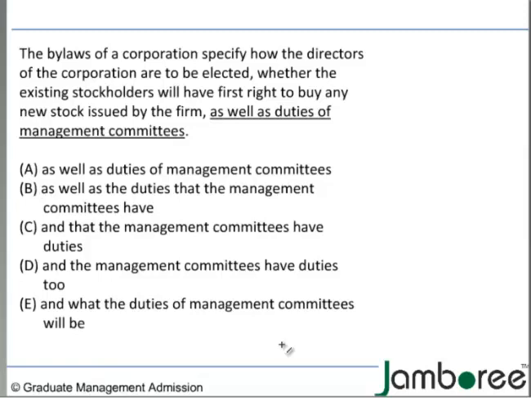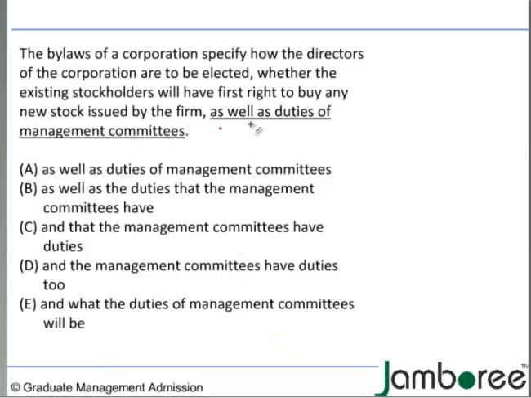Now we'll move to a slightly more difficult level of parallel construction. Till now the questions that we have discussed were supposed to help you identify the parallel construction trigger and solve the question as fast as possible. But now these are higher level difficulty questions, right? Okay, so in this question,